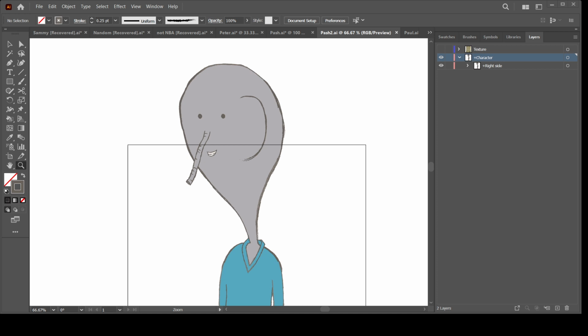So today I'm just going to go into what I'm working on. This is a character for a client of mine. This design is not mine. I did not design this character, so I was just supposed to make this character into an Adobe character